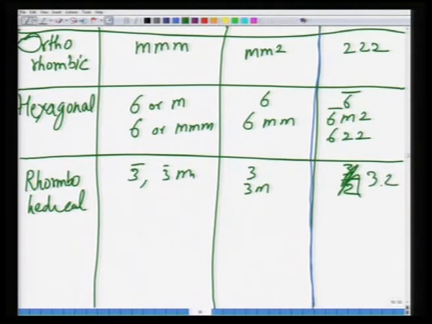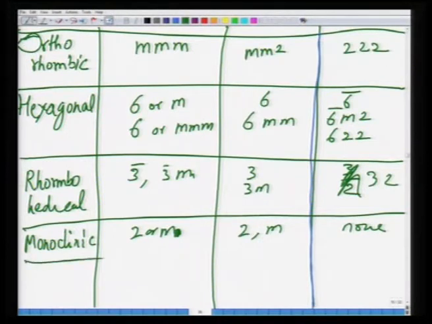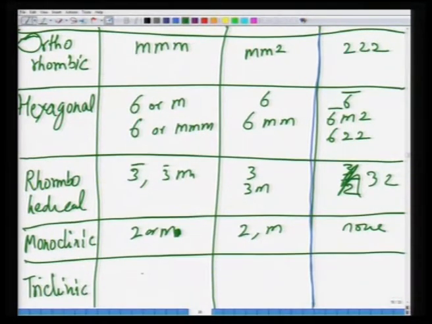And then of course monoclinic, here it becomes 2/m, and this would be 2, m, none. And then finally triclinic, bar 1, 1, none. So, if you now count, what you get is the total number of point groups,